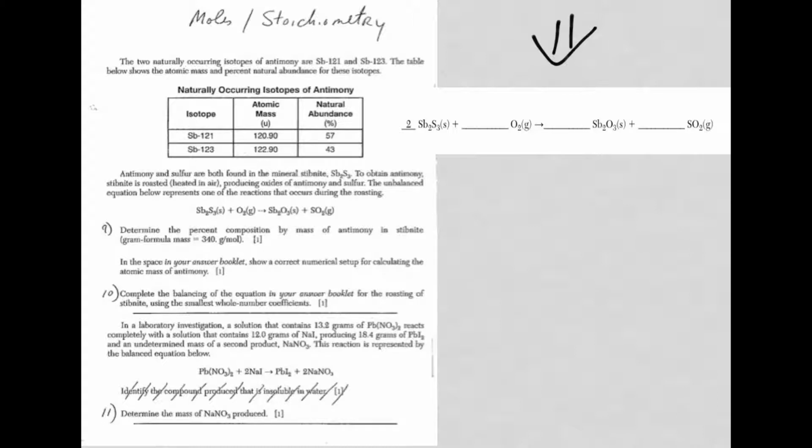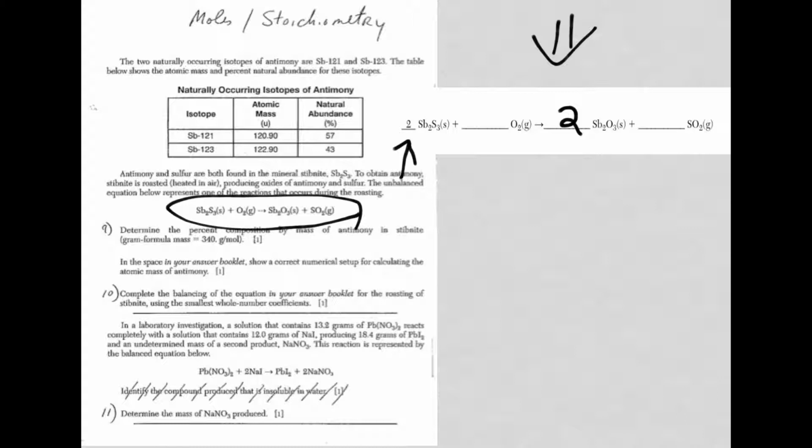And what's interesting to me is they give you a hint, because the number 2 is already on the answer booklet for you. So let's start with that and balance with their hint here, because the equation that they gave you in the test booklet didn't have the number 2, but that was given to you, so that's a big hint. So Sb, which is antimony, I have 2, but it's 2 in front, so that's 2 times 2, which is 4. So that means I need a 2 here